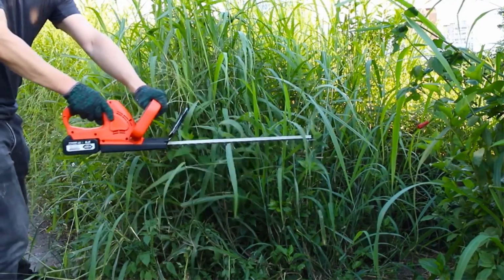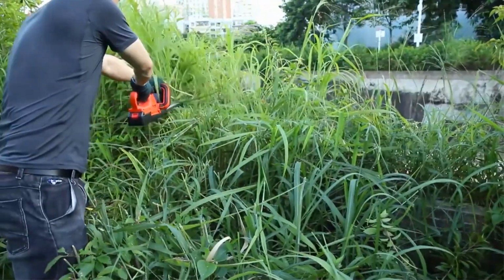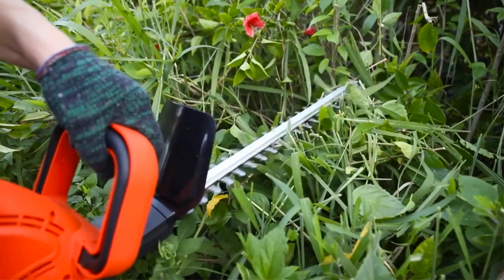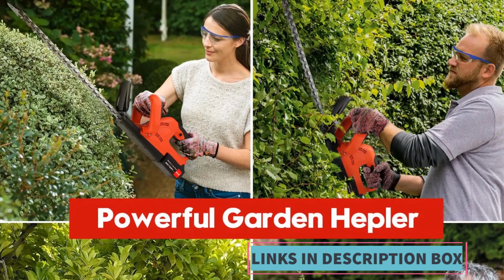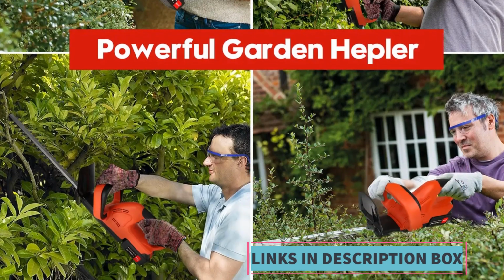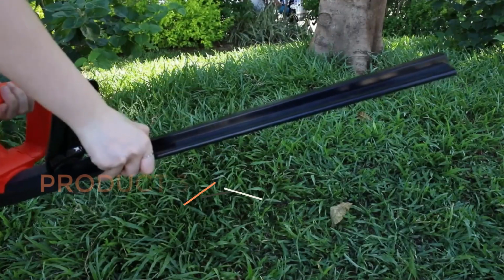The tool operates at an impressive 20,000 rotations per minute, ensuring a swift and precise cutting performance. Another notable feature of this hedge trimmer is its dual functionality, offering a 2-in-1 design. This means it can be used for both hedge trimming and shrub weeding, making it a versatile solution for various garden maintenance needs. The handheld design enhances